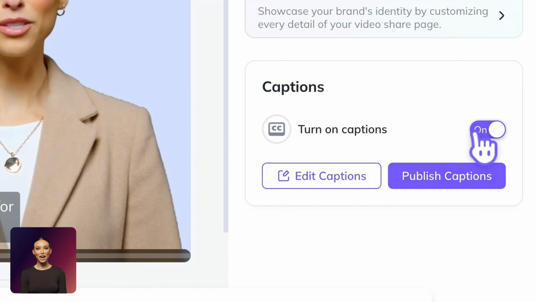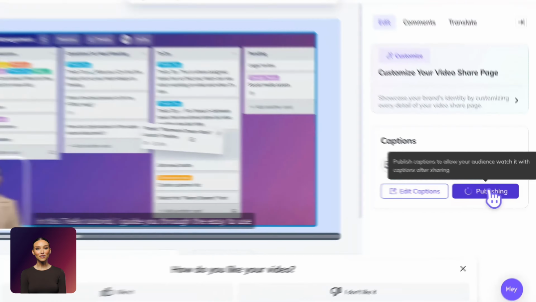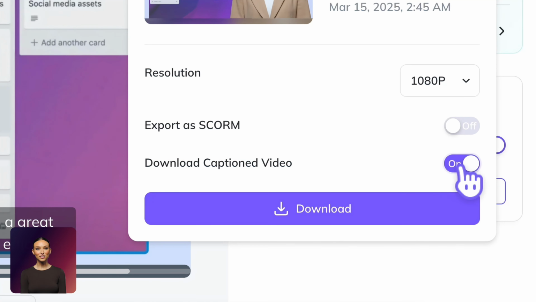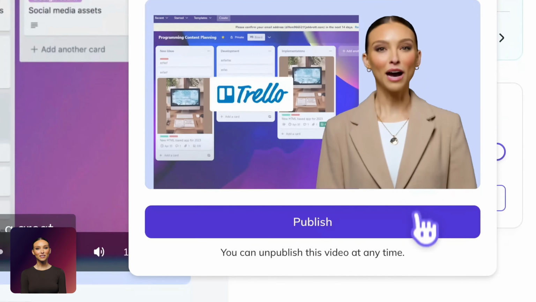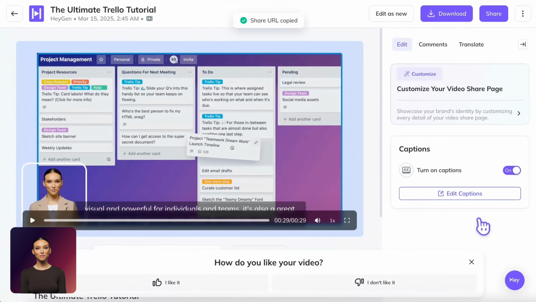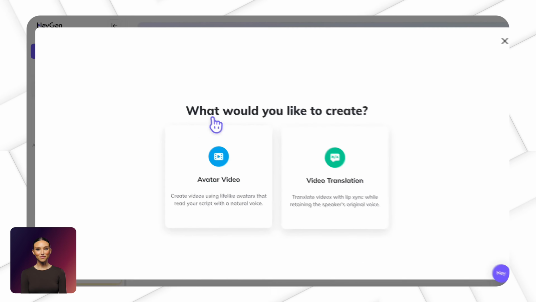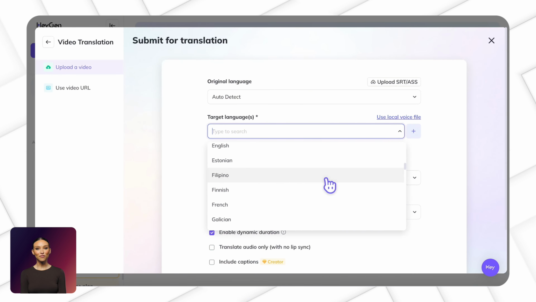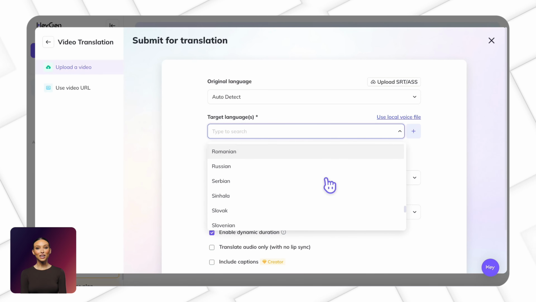Once you're happy with your video, it's time to share it. Start by generating captions to make your content more inclusive and accessible. You can then download your video with or without captions or share it instantly via a direct link for seamless distribution. Looking to connect with a global audience? With just a few clicks, our translation feature allows you to convert your video into multiple languages, ensuring your message